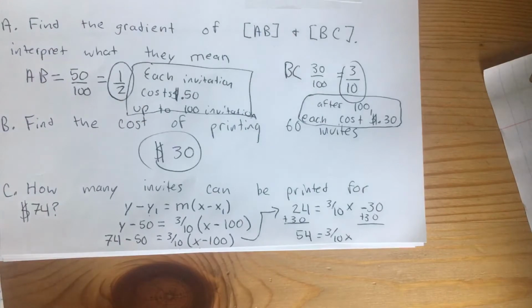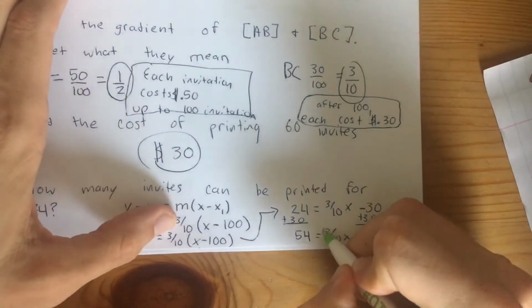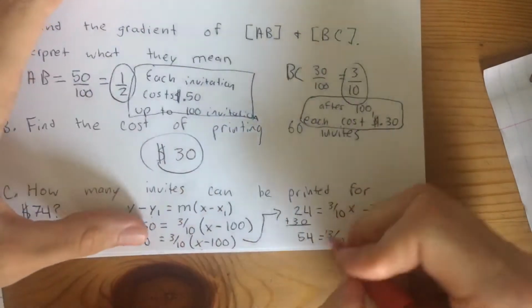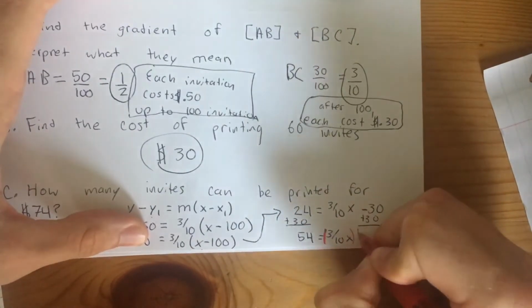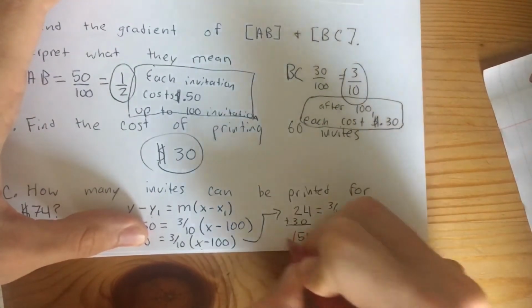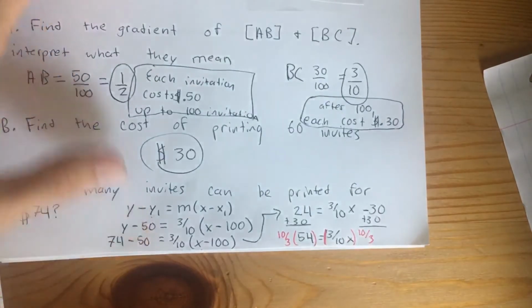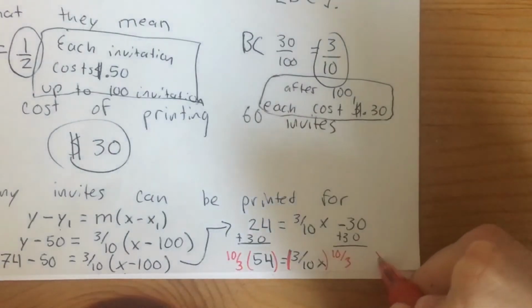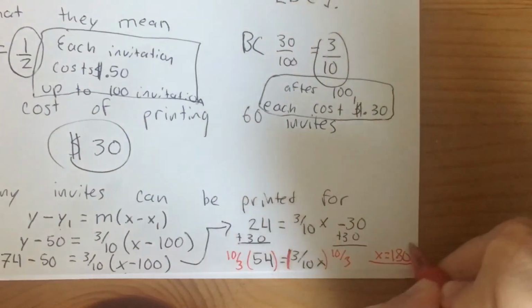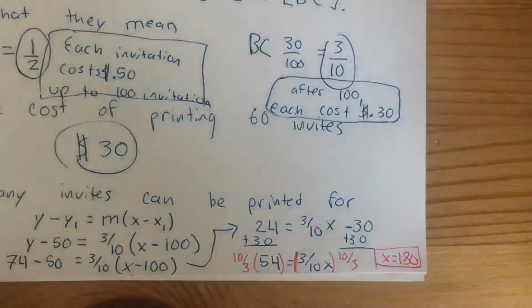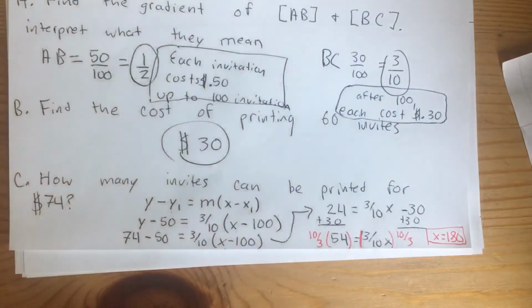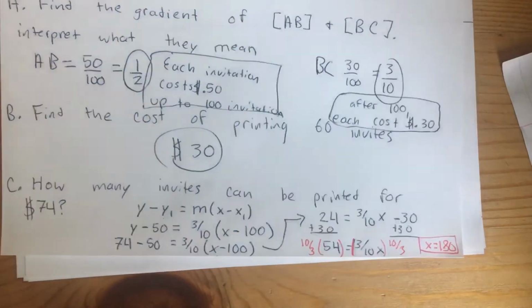And the way that we're going to solve that is by multiplying both sides by its reciprocal. That's how you cancel out a fraction here, is multiplying both sides. Let's see if I can find a different colored pen that works. So if we multiply both sides here by 10/3, we're going to end up getting that x is equal to 180. So we could get 180 invitations here for $74. We've got to remember what we were setting out to find, what we were setting out to solve. So now the next thing that we're going to look at here,